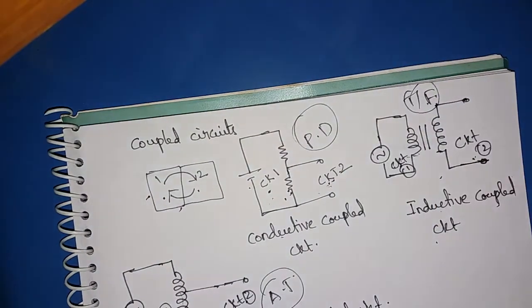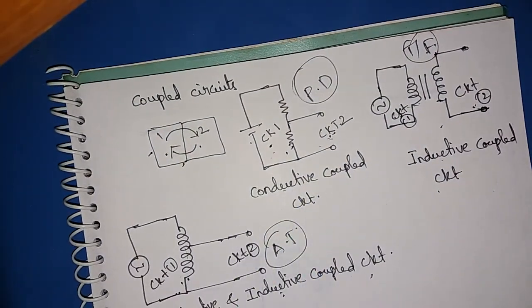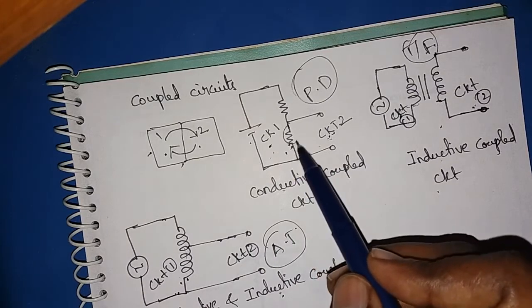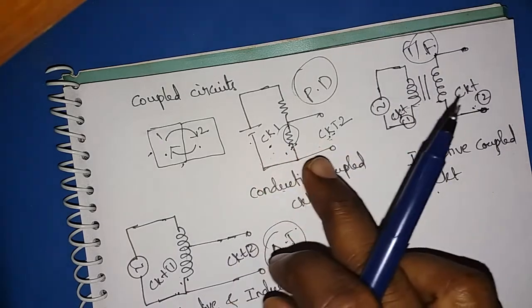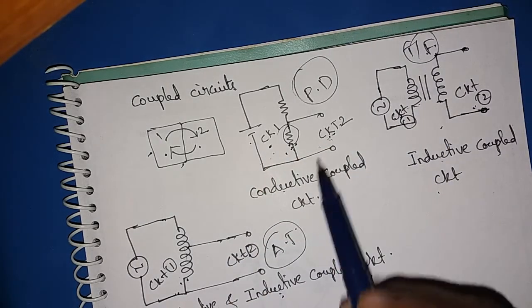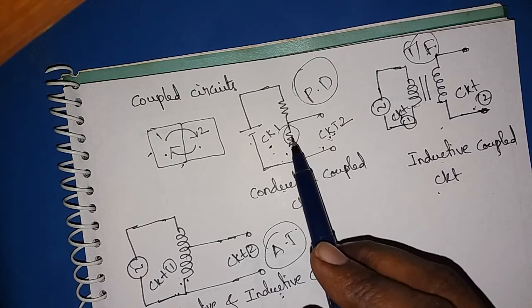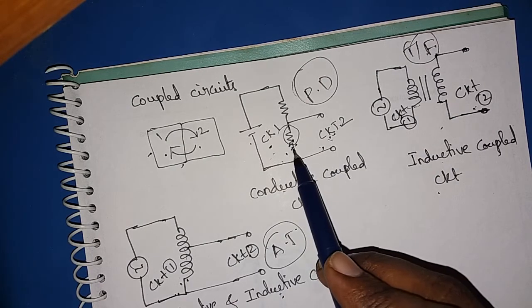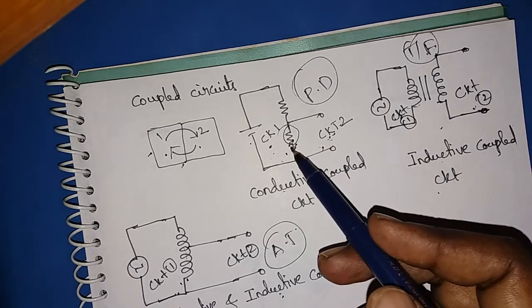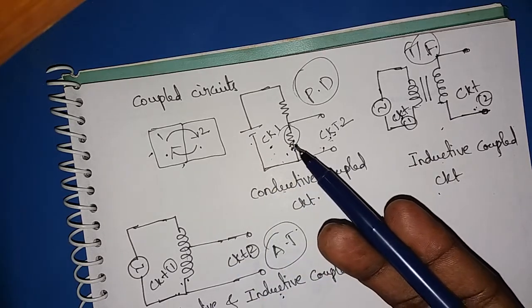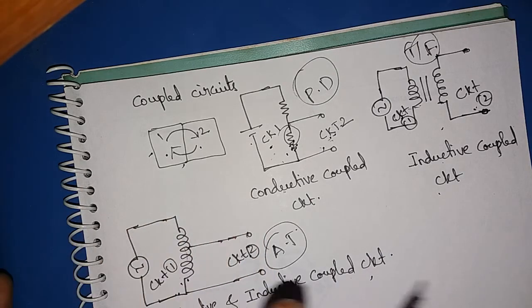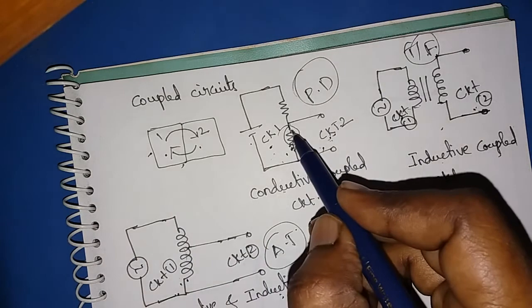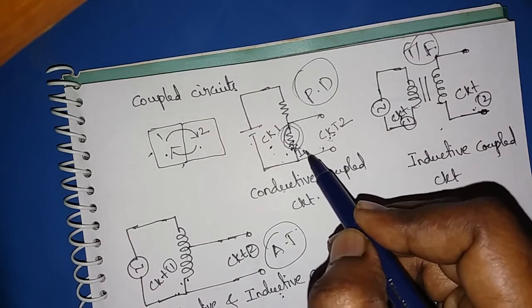Now you can observe, what is the base for the coupled circuit? The base for a coupled circuit is this one only. If there is no this, we cannot say there are two circuits. These two circuits are differentiated by this resistor only, or this may be a resistor, inductance, or capacitance, or a combination of resistor and inductance, resistance and capacitance, inductance and capacitance, or resistor, inductor and capacitor together. Simply, I used to say this is impedance.